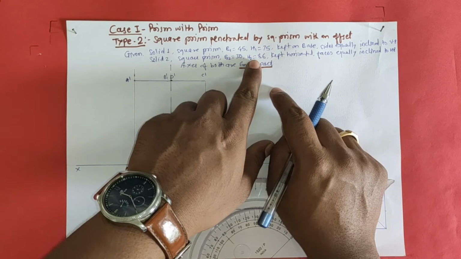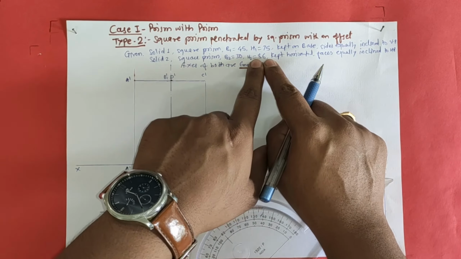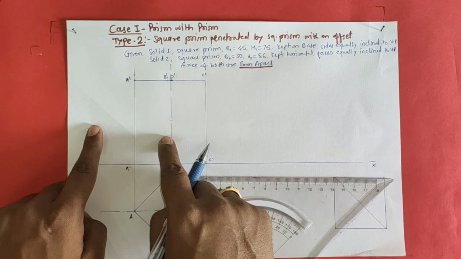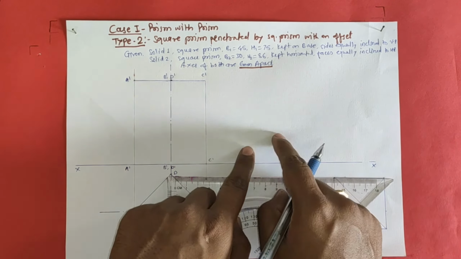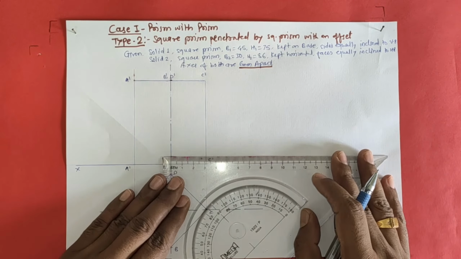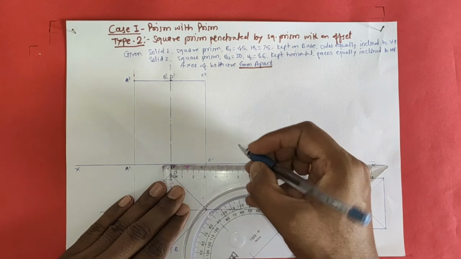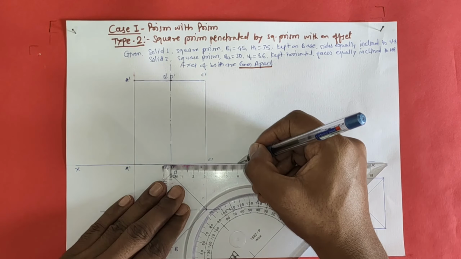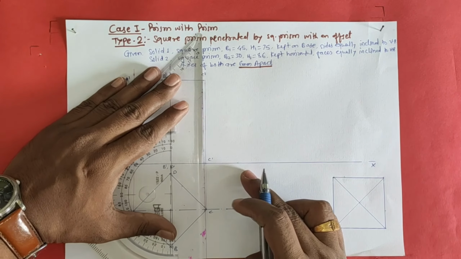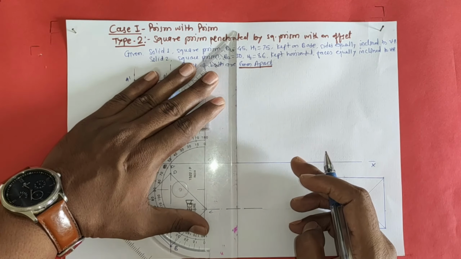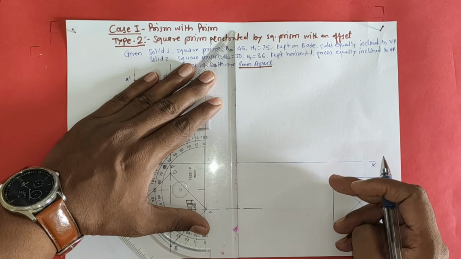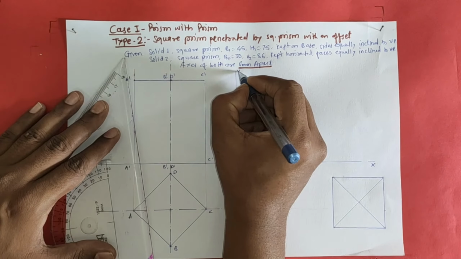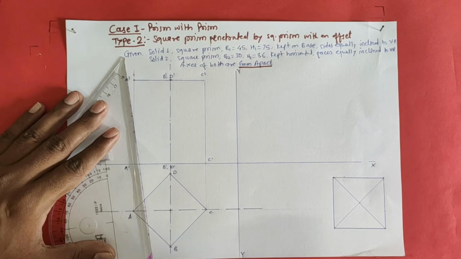Now see, the horizontal square prism has length 86 mm. So 86 mm like this, 43 to this side, 43 to this side. Now minimum 43 plus 10, minimum 53 mm you have to keep here. So okay, 55 mm I can, or 60. I am going to draw line at 60 mm from the center of the front view. So this is YY axis.